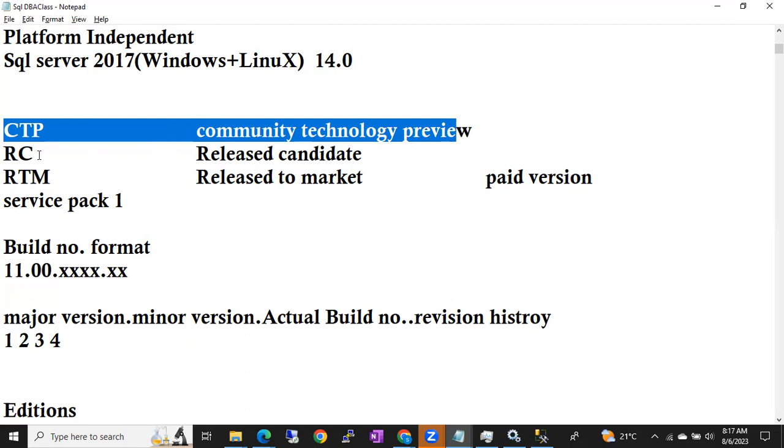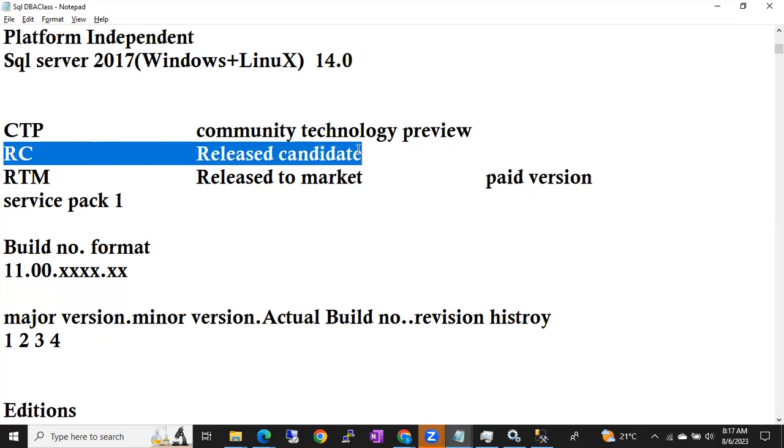After fixing the bugs, the software will be refined, right? So the second test copy will be released again. That is called the release candidate. So this is also a test copy, guys. Still, if any bugs are there, we can test it. After fixing the bugs, there might be a chance that we get some other new bugs, right? So again, they will release the second test copy to the community people. The first test copy is called CTP. The second test copy is called RC, release